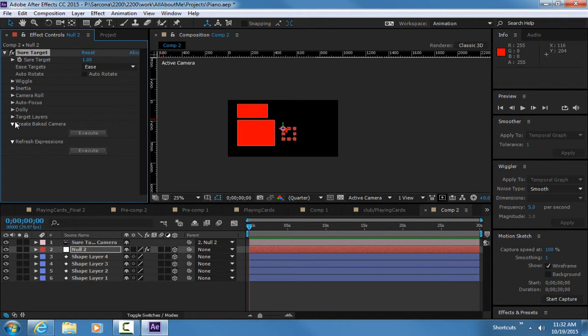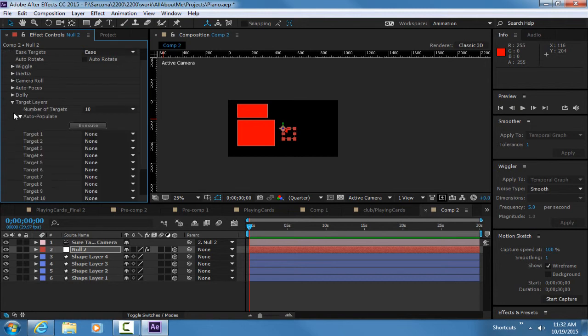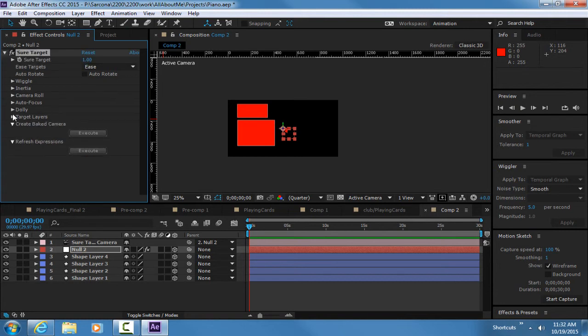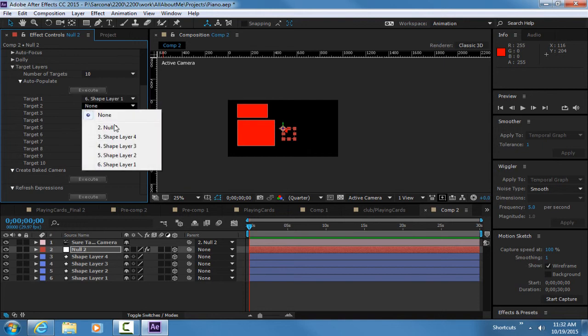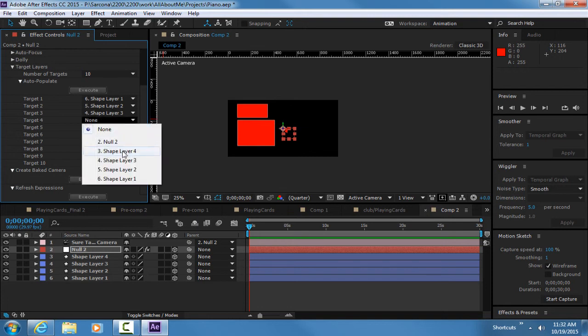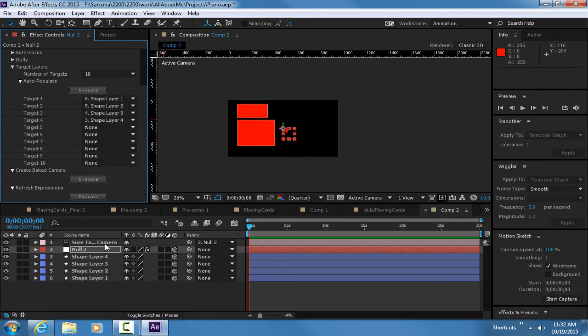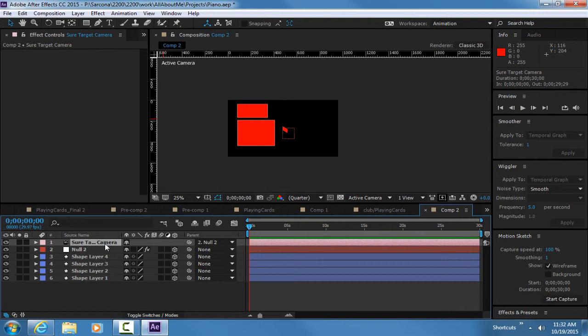So I'm just going to set some stuff up before I go. Here's how this works: I have these targets down here, and I just pick the order I want them to go into. So I want it to go to number 1, then number 2, then number 3, then number 4. Now you'll see that it also made a camera here for us. What this plugin's going to do is automatically jump us to each one of these spots, without us having to physically move our camera into position. It just automatically pops us into that spot,